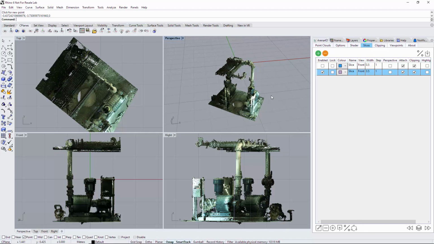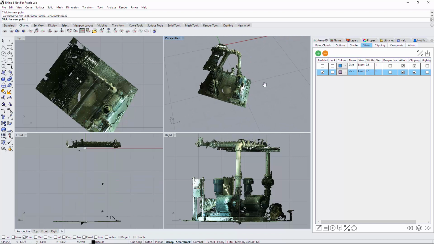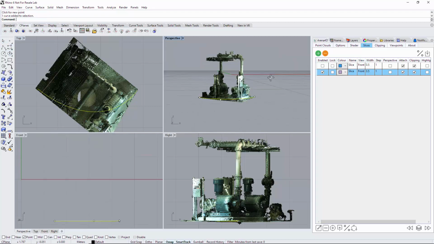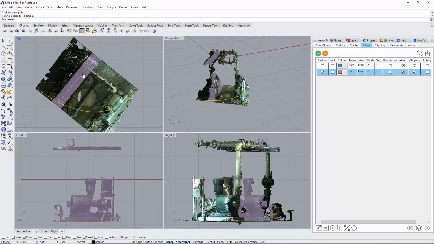Other things you may wish to do, you can align to curve, so it could be a hull of a boat, for example. I'm going to draw a curve on here, so let me just highlight that for you. So here we have a nice curve on the point cloud, as you can see. So select the slice of interest here